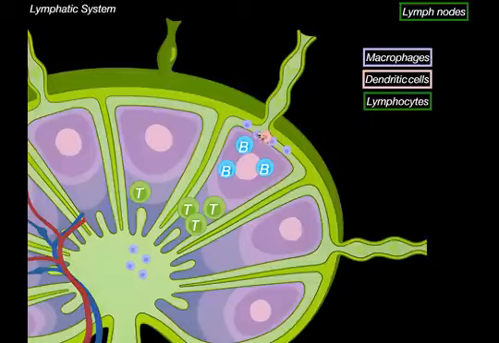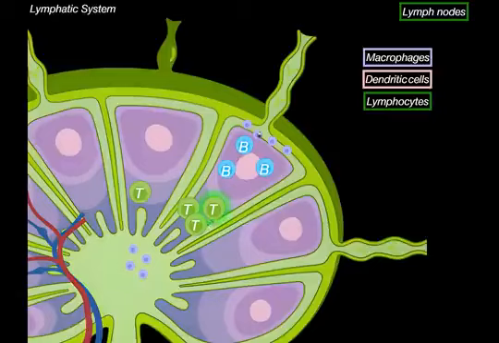Now this is where the immune response begins. After dendritic cells arrive, they migrate into the paracortex. Here, they display those antigen fragments on their surface to T cells. This is why macrophages and dendritic cells are referred to as antigen-presenting cells, because they present antigens to lymphocytes to activate them. When a naive T cell encounters a dendritic cell presenting an antigen that matches its receptors, that T